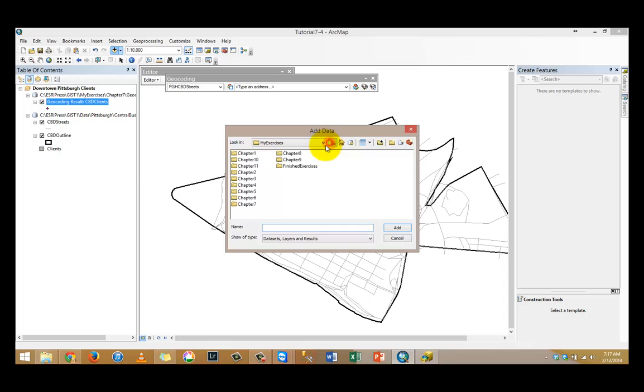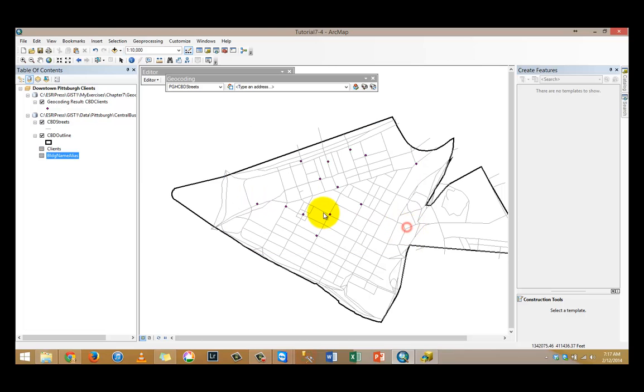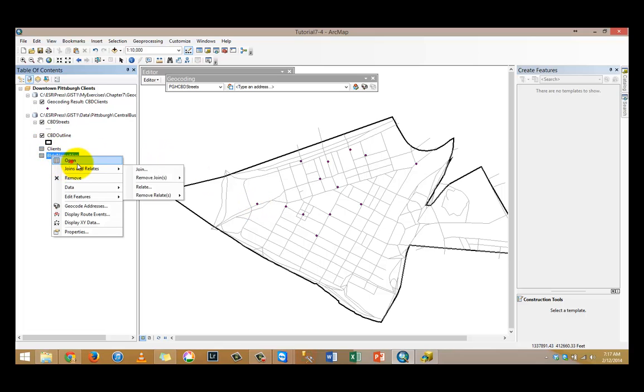I'm gonna go back to my data folder. Under Pittsburgh, there is a CBD GDB in which there is a building alias names table. I'm gonna click on add,